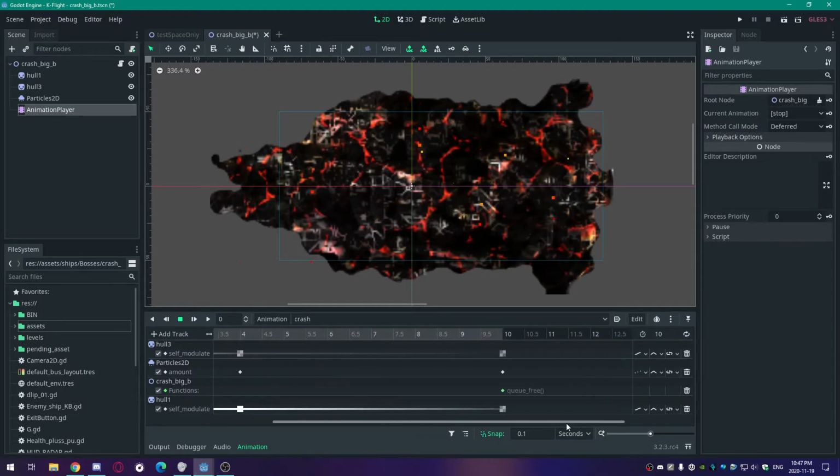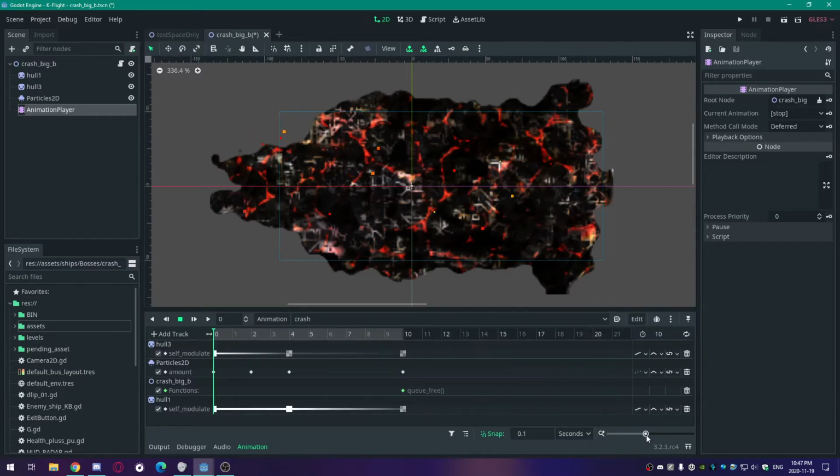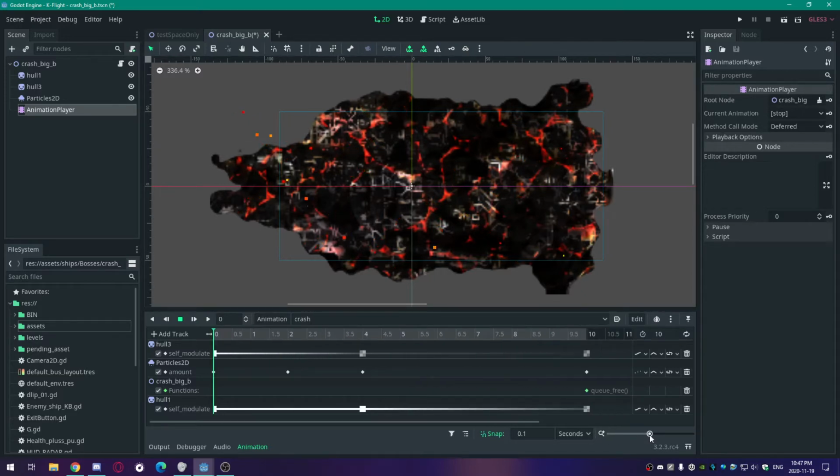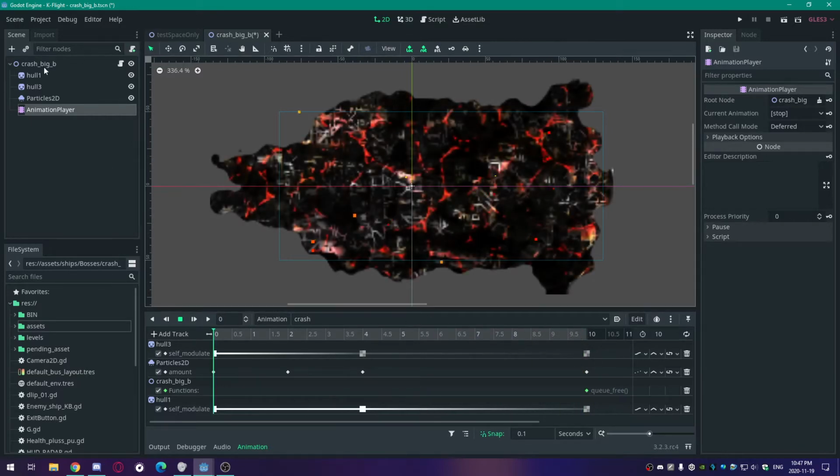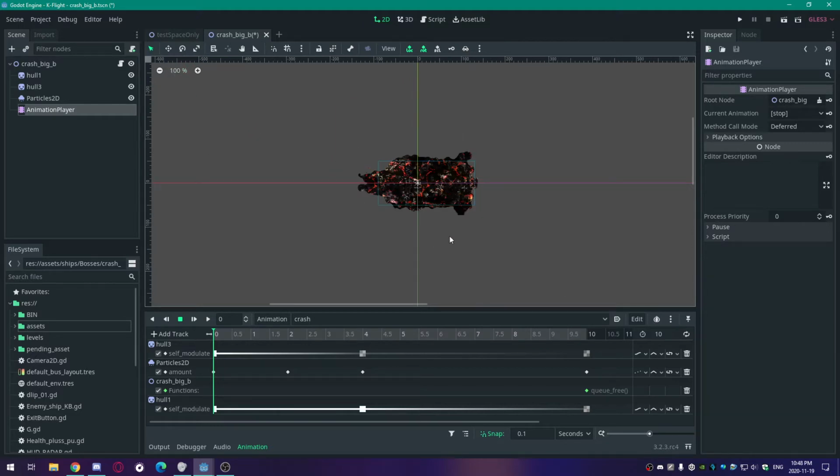If I can shrink this down to fit it all on one screen, yeah, here. If it was running and we got to here in an actual running engine, it would call queue_free, which is what Godot does to delete an object, and the animation would delete its parent, which would completely delete everything, in theory, which it should be doing. Oh, that's how big it looks when it's actually in the game. What I'm going to do now is launch the game,